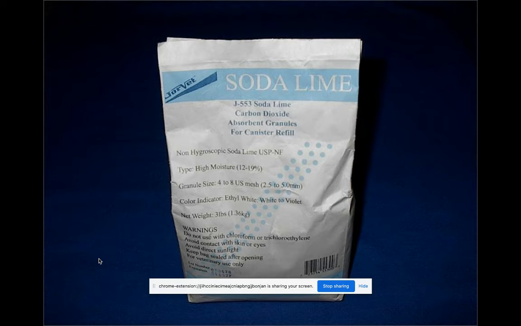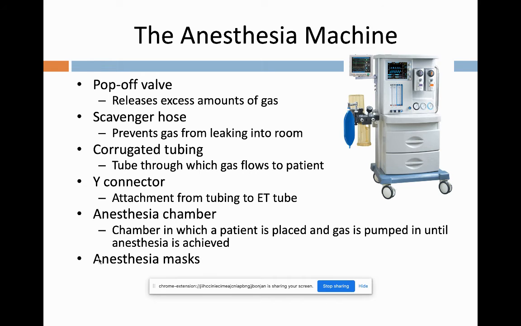Soda lime can be replaced. Monitoring that, it typically moves from a color of white to more of a color of pink as the absorbency of that material is used up. The anesthetic machine also has other important features, as you can see listed here,